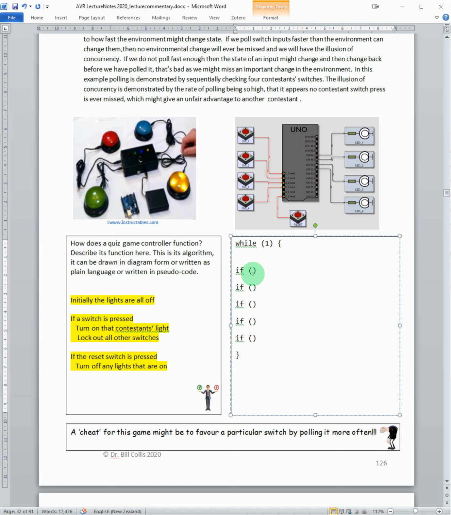But you've actually got to think a bit more strategically about this in terms of figuring out how this is going to work, because I have to lock out the other switches or not test the other switches. A lot of people get a bit tied up with their logic here, putting in lots of if statements. There's a fairly straightforward way of doing this, and the only hint I'll give you is it's really useful to use a variable at this point in your learning. Okay,